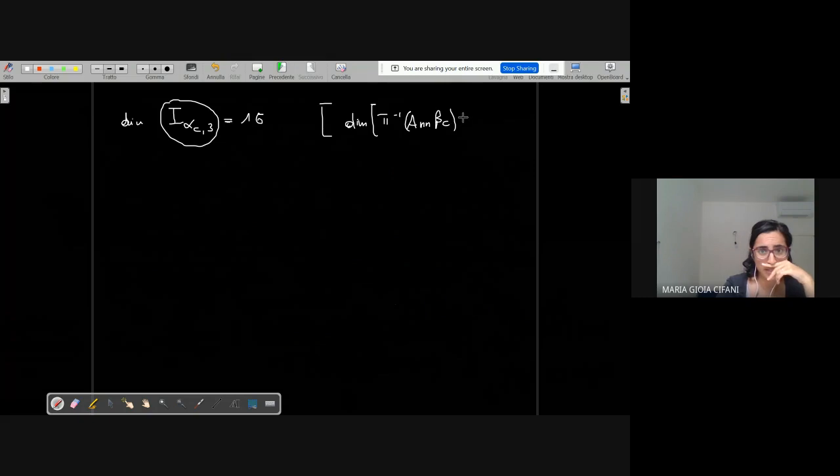In this case, too many parentheses. 3. This is 15, and this is enough for us. But actually, we computed the exact dimension using the fact that